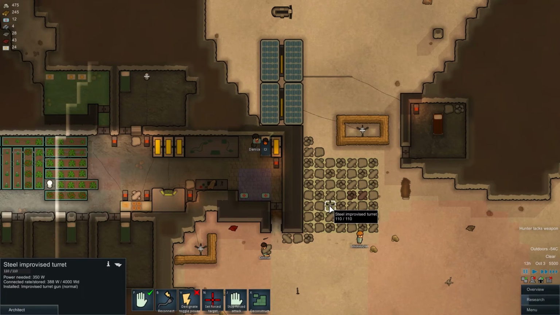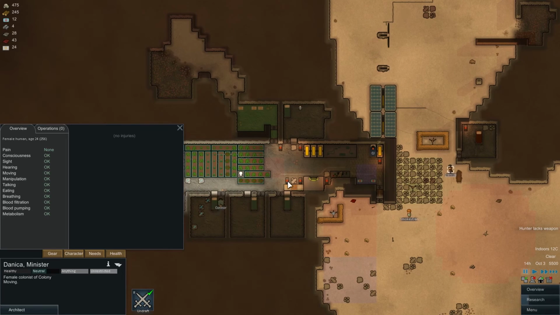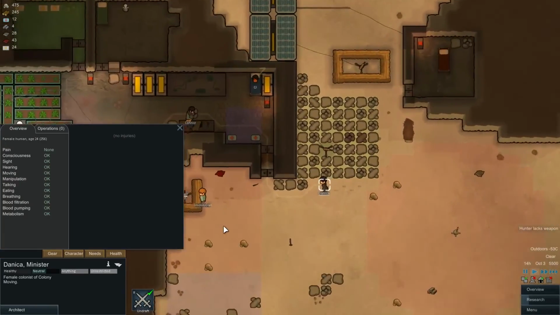While I'm at it, I might as well put these turrets on. Smokey Dan still really wants to go build that geothermal power when I probably might need him. Danica wants to do it too, guys. She doesn't even have a gun. I want to save her. This is the dumbest thing I've ever had to deal with. I don't have enough guns. I had to spend all my silver on